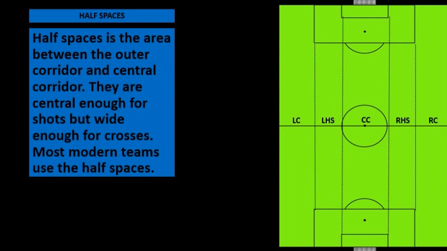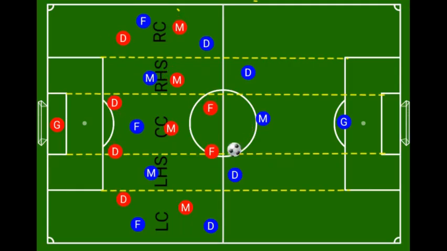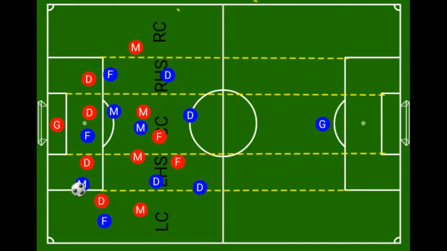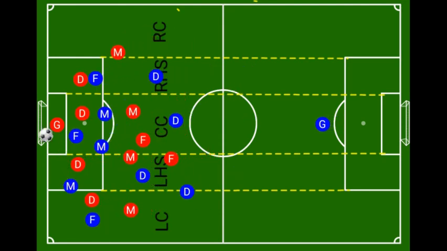This space runs along the entire length of the field and can be used by defenders to progress the ball forward and pass it to the midfielders. This space is also used to draw the defenders into tackles and to create more spaces between the lines of the opposition. Here we see an animation where the play is built on the flanks and the attacking midfielder runs through the half space to cross the ball for the forward to score.